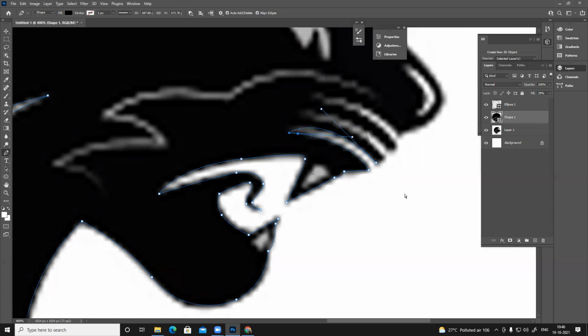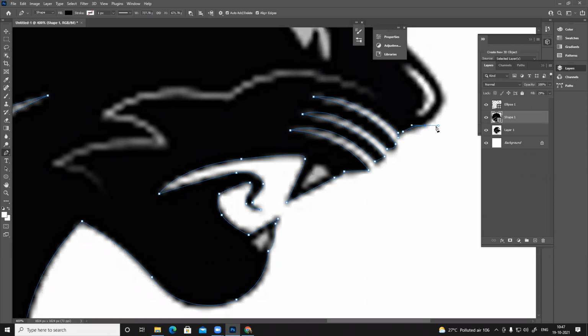You can move it like this. From where this point is coming. Do not use unnecessary anchor points here and there.